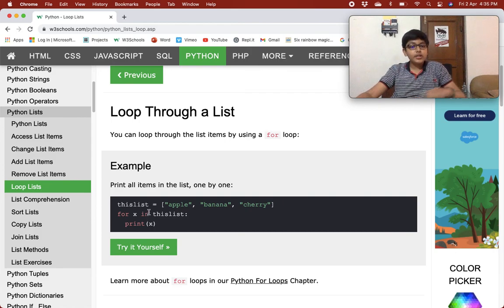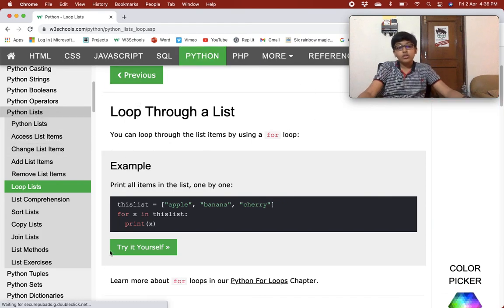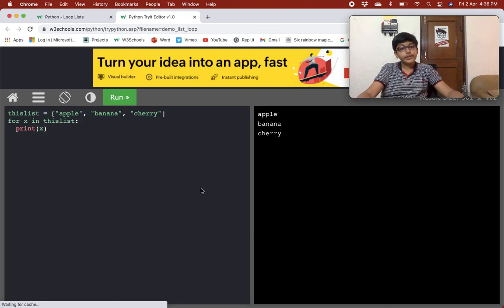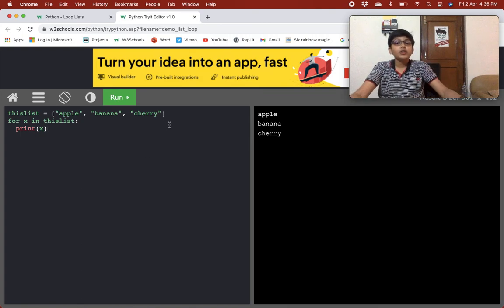You create a list, then loop through it with for x in the list. First x is apple, then banana, then cherry, and every time it goes through the loop, it prints x. Print gives a line break by default, so apple, banana, cherry are printed.